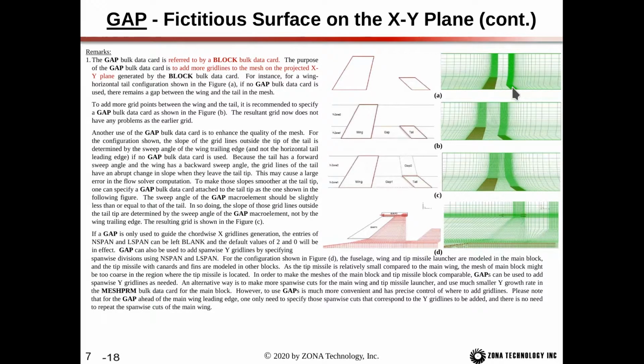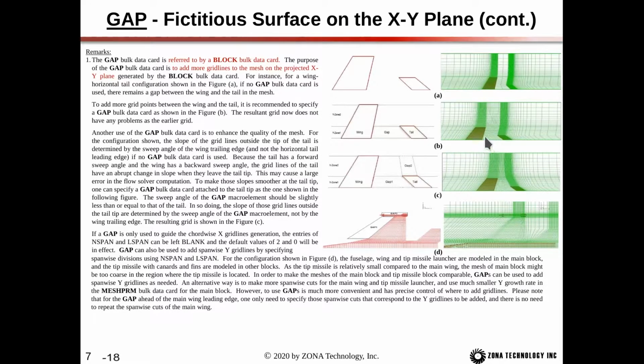So ZEUS has a harder time automatically generating the mesh between two elements like this. It's not sure exactly what it should do. And so in this case, the user should specify a gap card to assist with the mesh generation. So in this case, we have two options here. Option B, we add a gap card just between the wing and the tail to specify what those divisions should be,